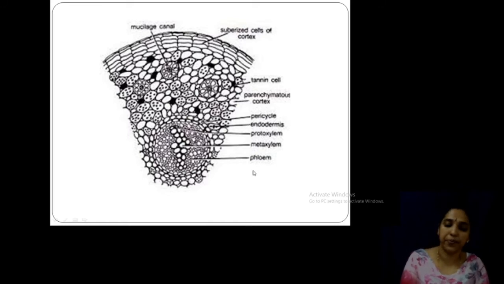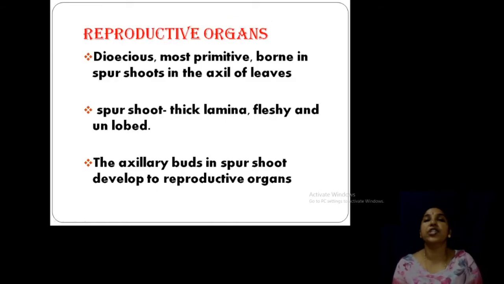Clear? Okay. Now, we finished the anatomy of stem, leaf, petiole and root. Clear? Now we are moving on to the reproductive organs. So we already discussed some similarities that it shows with other groups in the case of reproductive organs, like catkin-like appearance, pendulous ovule, etc.